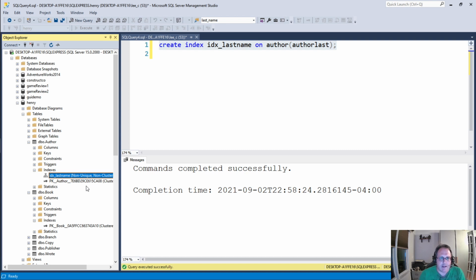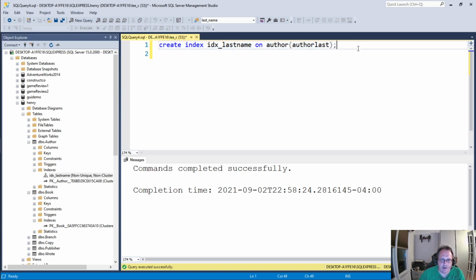Now I named my index IDX last name. IDX, of course, is index. This is the official Microsoft SQL Server suggestion, is to start them IDX underscore. Name them how you want. If I want to build a covering index,